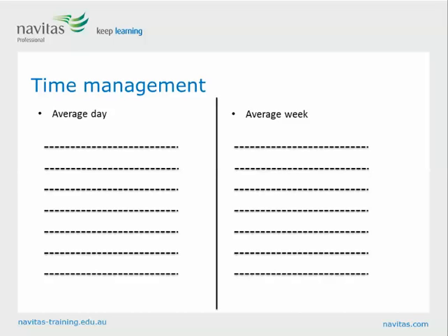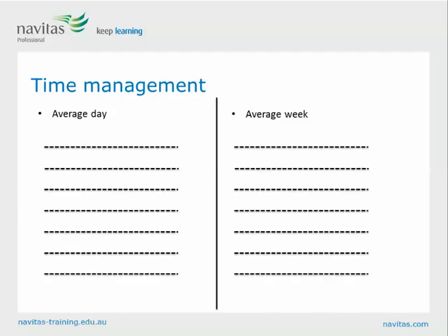So we've got the average day. Then we've also got a space for our average week. Now in our average week, this is things that we could maybe do for ourselves. So whether we do sporting events, or we have some study time set aside, or we have a regular class that we attend, or these sort of things as well. But by listing all the things that you do in an average day and all of your average weekly events, it gives you a really good understanding of what it is that takes up your time in an average week.